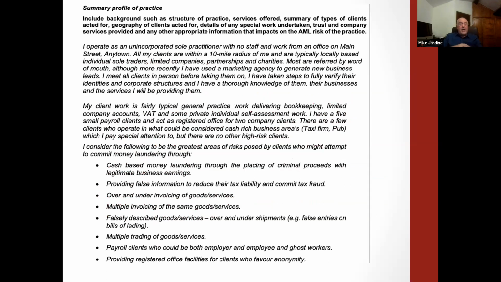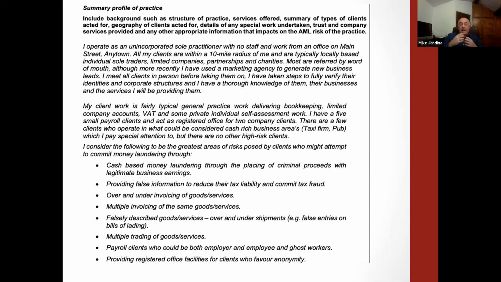So this is what, for those that haven't seen it, a whole of practice risk assessment looks like. There's a first page to this which tells you what to do. And step one is to give an overview of the profile of your practice. As you can see, this first paragraph explains what the practice is, where the clients are, what sort of business